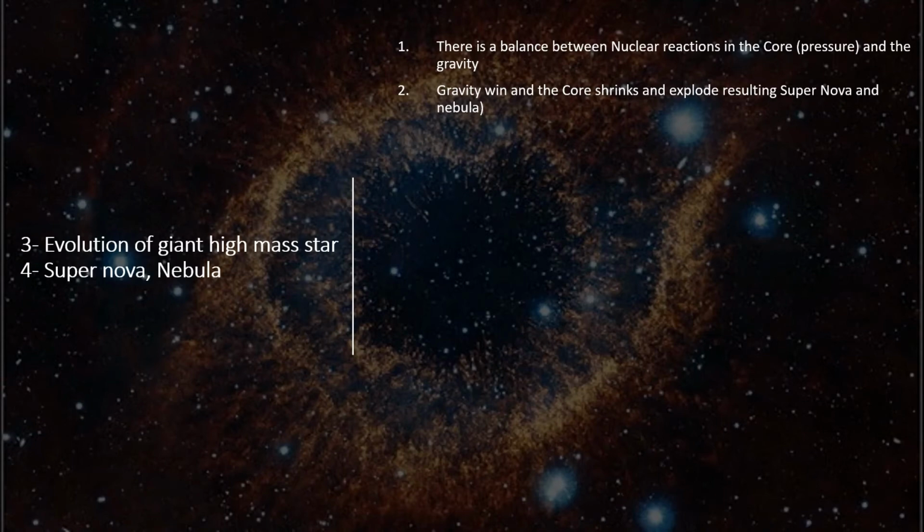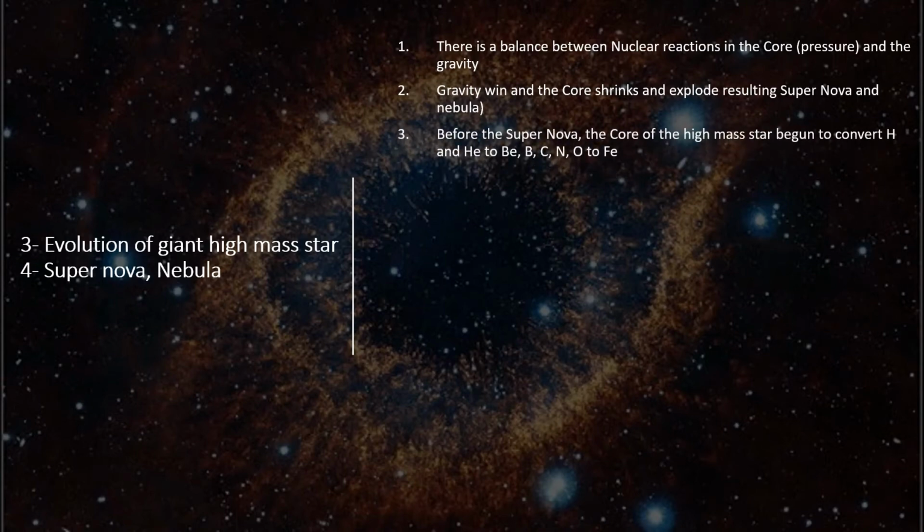In the end, the gravity wins because it's stronger and more dominant in space, and the core of the star begins to shrink and explode, resulting in a supernova and nebula. And this type of nebula is not like the low mass star's; it contains more elements, in fact the rest of the elements of the periodic chart. So before the supernova, the core of the high mass star begins to convert hydrogen to helium and beryllium, boron, carbon, nitrogen, oxygen, and so on to fluorine and neon and sodium, magnesium, aluminum, silicon, phosphorus,